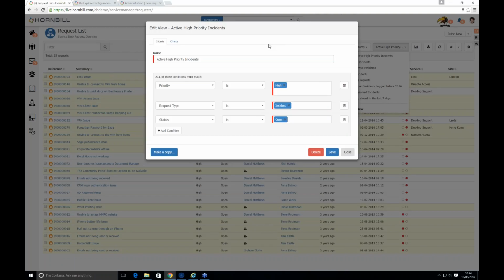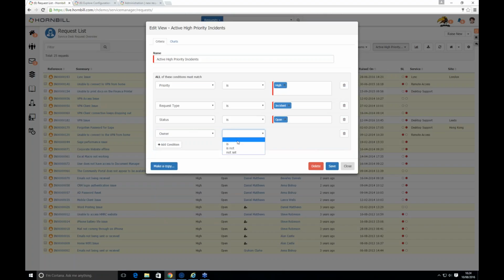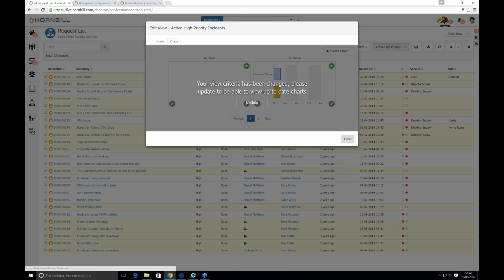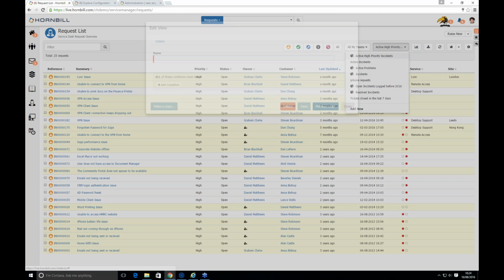So in this particular case, the active high priority incident, priority is high, request type is incident, status is open. Simple as that. If I wanted to add in where, let's say the owner is Graham, I'm logged in as Graham already, so keep it like that. So it's as simple as that to build, and then if you're not happy with it, it's as simple as that to remove. So very, very simple to create these views, but not only that, off the back of these views,